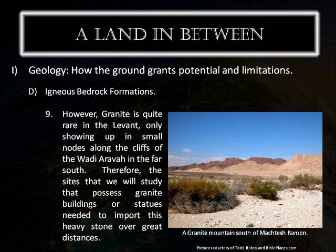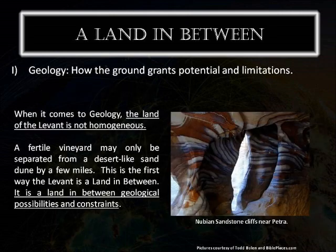So anytime in our study that we see a building that has a granite monument or granite pillars, understand that somebody had to drop some serious cash. Just a lot of money had to be invested in order to move that stone to where it is currently standing. So to wrap up this first section on geology, let me summarize by saying that